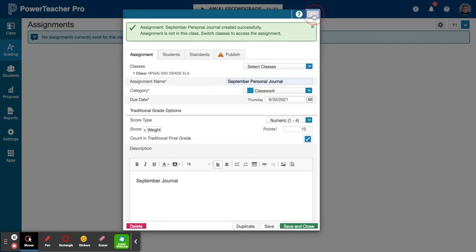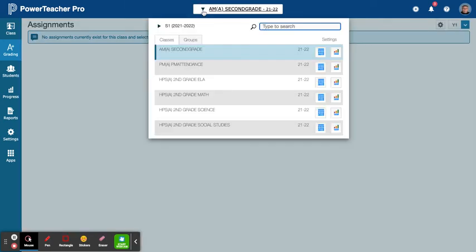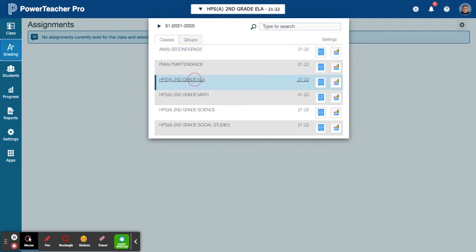Okay, this happened once before. So up here, the default class is my attendance. So it looks like I just did all that work and there's no assignment, but it is there. I just have to come down to the ELA class. Everybody has students rostered as AM, PM attendance class, as well as ELA, math, science, and social studies. So if I come down and choose ELA,